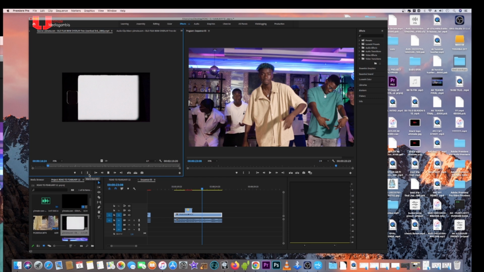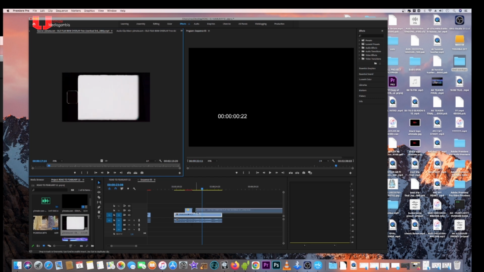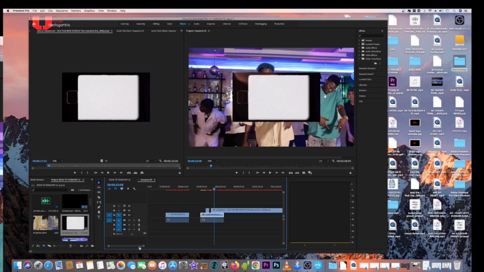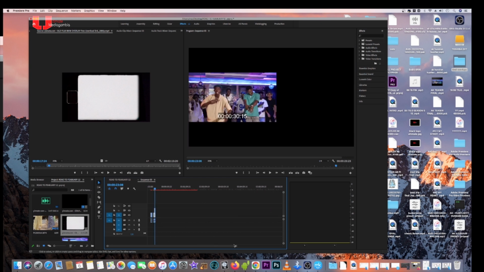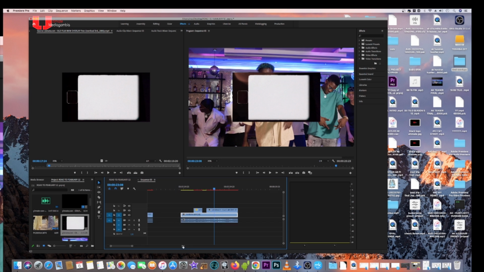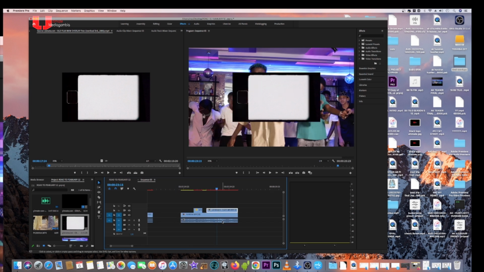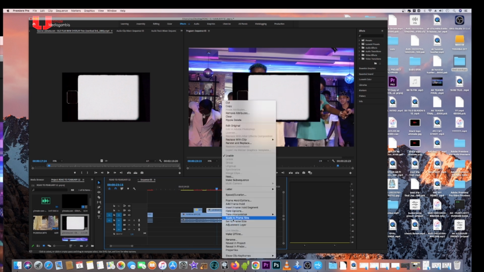I'm gonna show you how to add this overlay too. I already downloaded it. It's called the old film 8mm overlay. So now I'm gonna scale this. When I scale it,